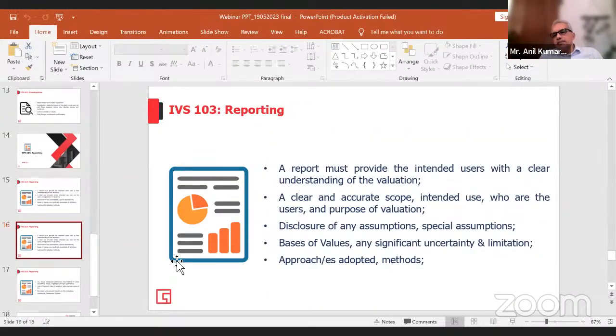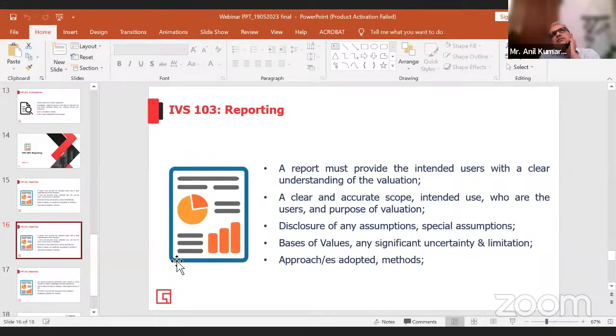The last bit that I want to quickly cover is what needs to be there in the report, right? So it clearly stems from the scope of work itself, but a report must be basically very clear on how the valuer reached his opinion, right? He must provide the important computations and the logic and the reasoning. As they say, it must be a reasoned report as to how he arrived at the value of the asset,